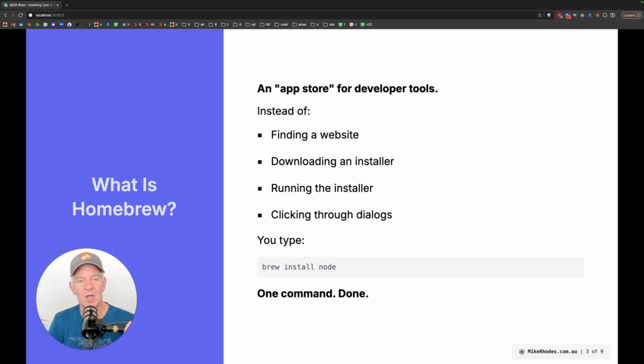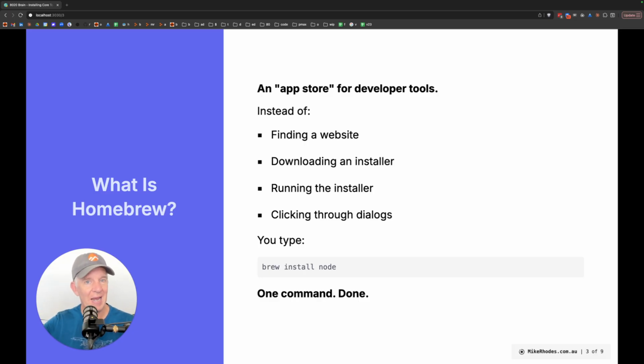Then use Homebrew to install Node, which we're going to install next. You just need to find that terminal window that we did before. So open up terminal before you type Claude. While you're still in the terminal proper, you just type brew install node, and that will go and install Node for you. If you try that and you're unable to run brew, which is Homebrew, then